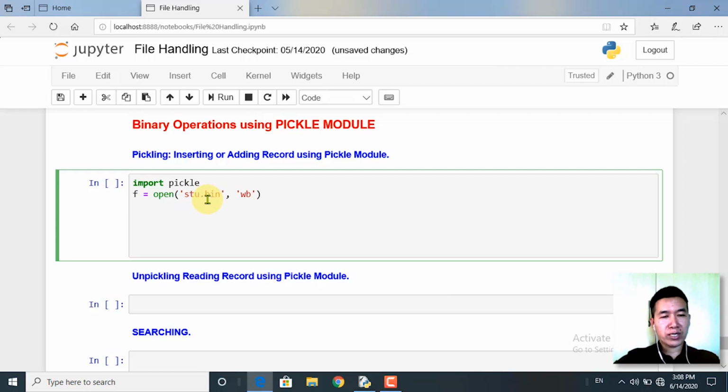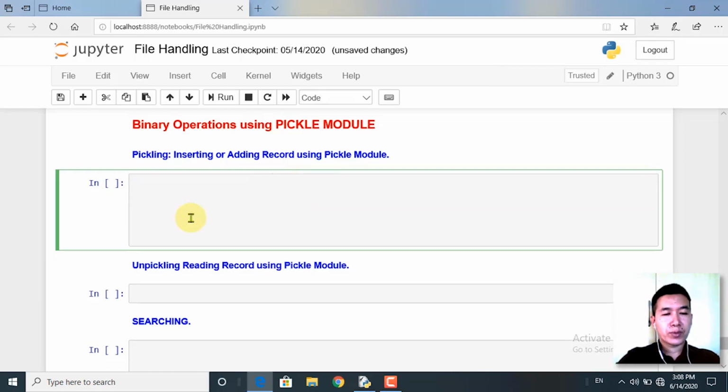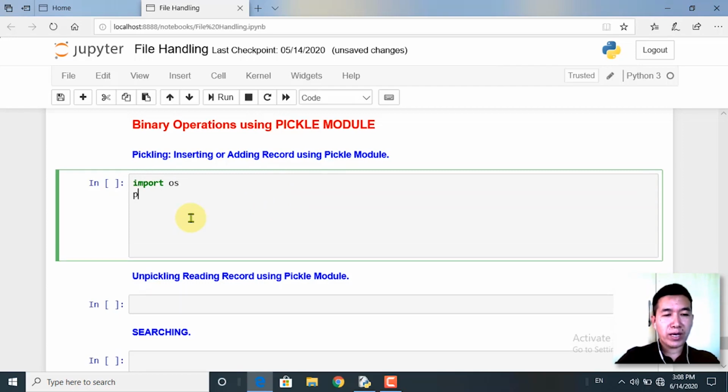Relative to what? Relative to the current working directory. Now the question is, where is this current working directory? I have shown you how to fetch the complete address of the current working directory. I'll just get rid of this. I need to import os, followed by print and then os.getcwd, if you remember correctly. So this is the module and this is the function. If you run this,